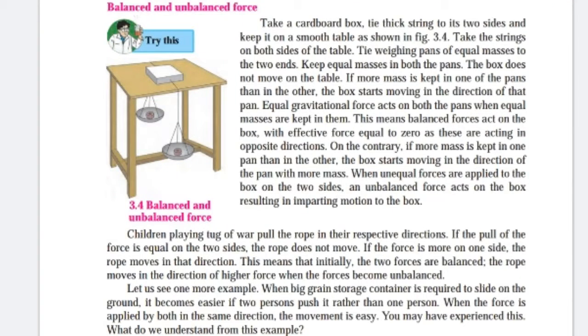Balanced and unbalanced force. Observe the figure in which equal masses are kept in both the pans. The box does not move on the table. It is because equal gravitational force acts on both the pans when equal masses are kept in them. This means balanced forces act on the box with effective force equal to 0, as these are acting in opposite